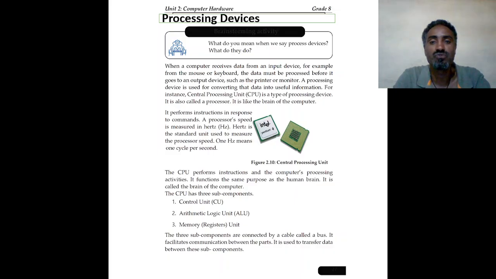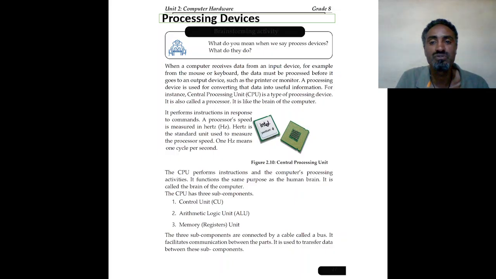In the case of hard copy, it uses a printer. To display a soft copy, it uses a monitor. A file that is stored inside a computer system is a soft copy, and any text or graphics in paper form is a hard copy. Therefore, a printer helps to change soft copy into hard copy. A processing device is used for converting data into useful information. A computer can process and convert the data into information.